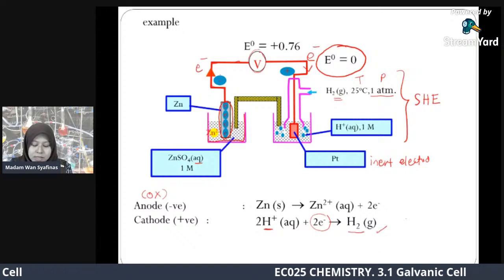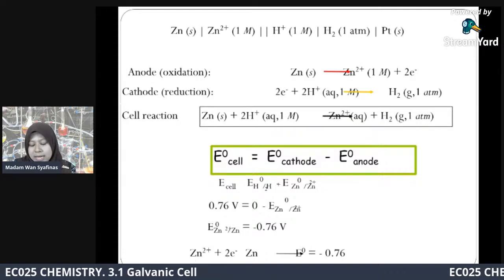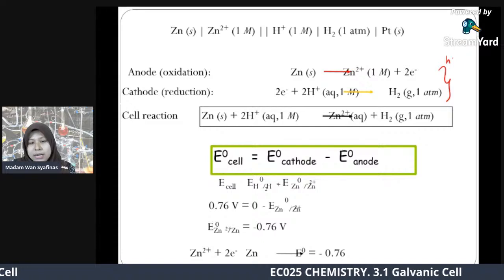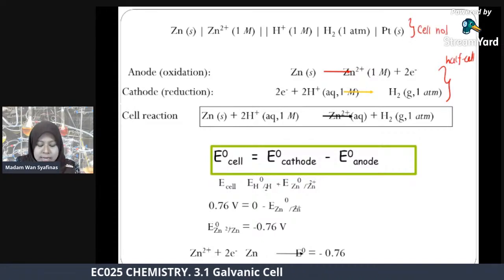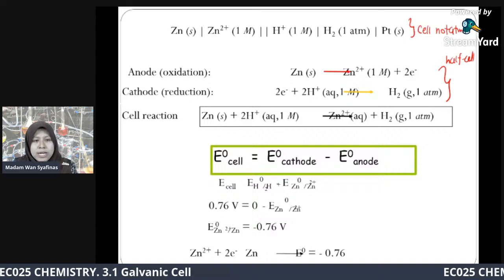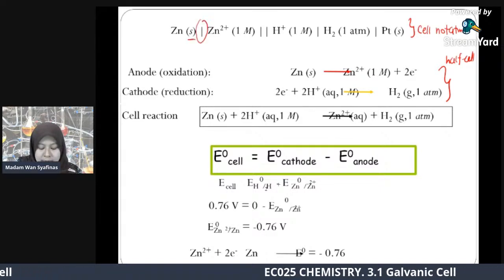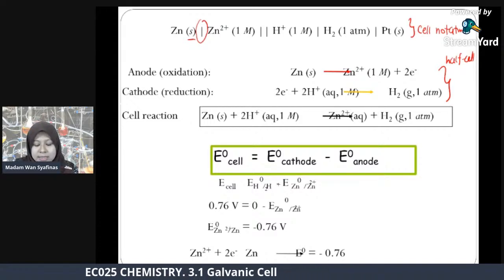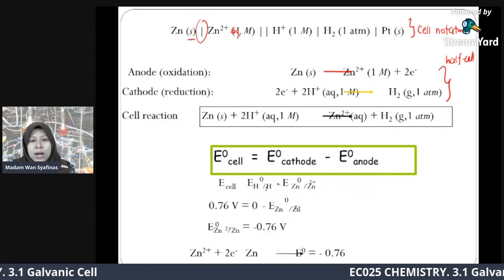Okay. So yang ni yang tadilah, so yang anode, yang ni dia punya half cell lah. Ni kita panggil sebagai half cell. Yang atas ni kita write dia punya cell notation. So kalau nak write dia punya cell notation, so ingat kita start sebelah kiri dengan anode. Kita ada zinc solid, kita ada phase boundary, nak bezakan antara solid dengan aqueous. So kat sini kamu tambah sikit, dia ada aqueous, 1 molar. So zinc 2 plus, then kita ada salt bridge, then kita ada H plus, aqueous, 1 molar,